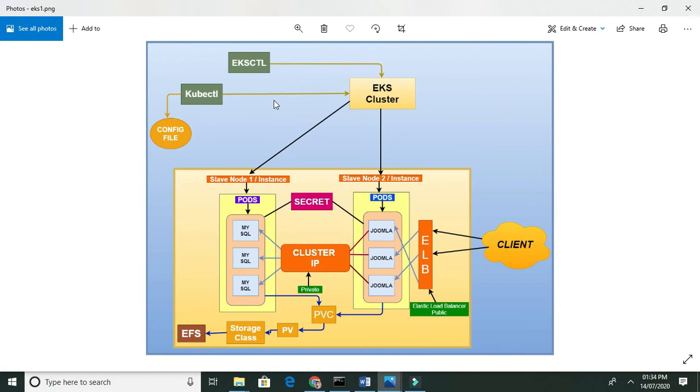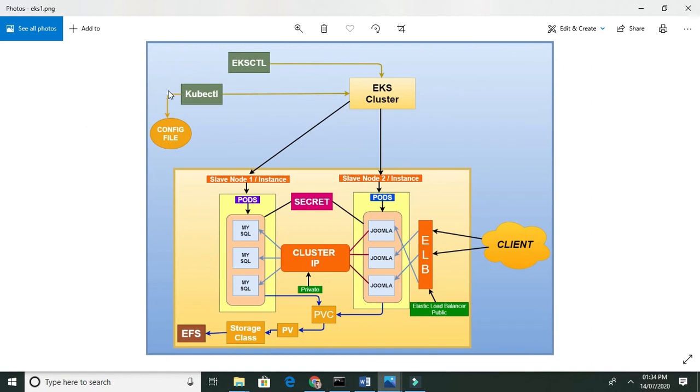We have deployment files, a secret file, a cluster IP, ELB, provisioners, and many other files. First we will create a config file for kubectl, meaning when we use kubectl, it will go inside the config file. Inside the config file, we have the information about the EKS cluster.